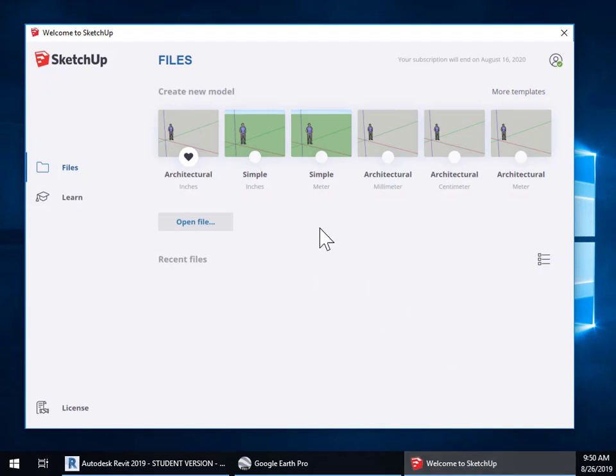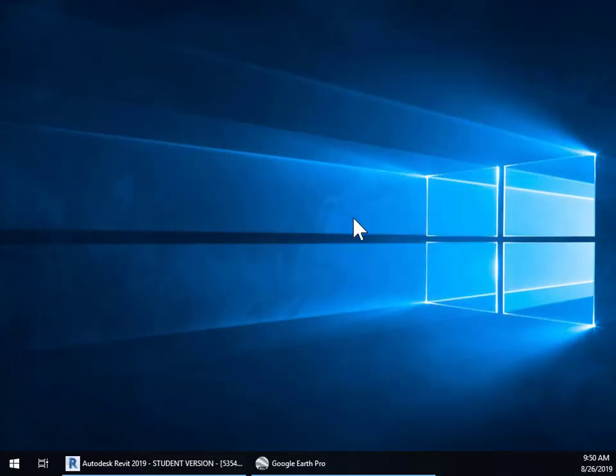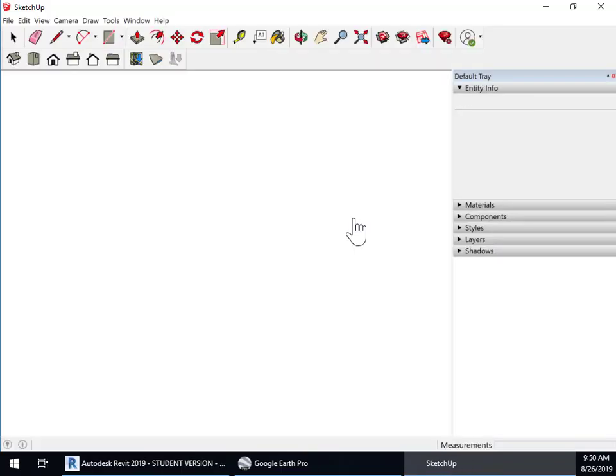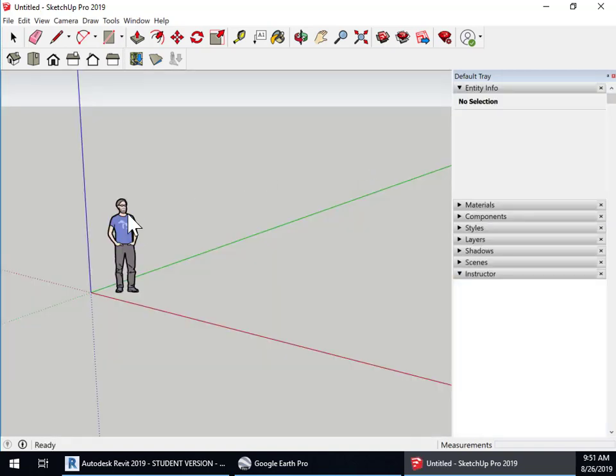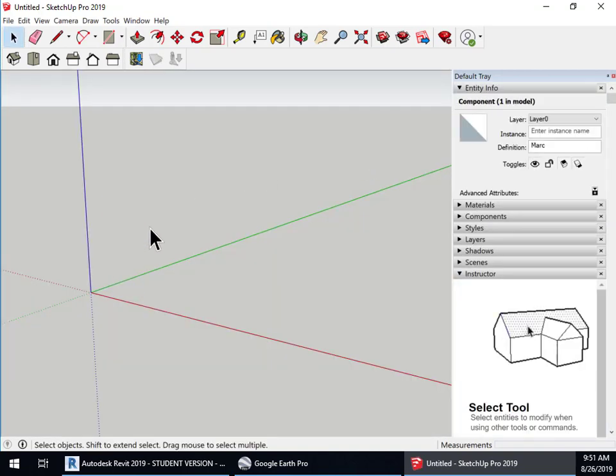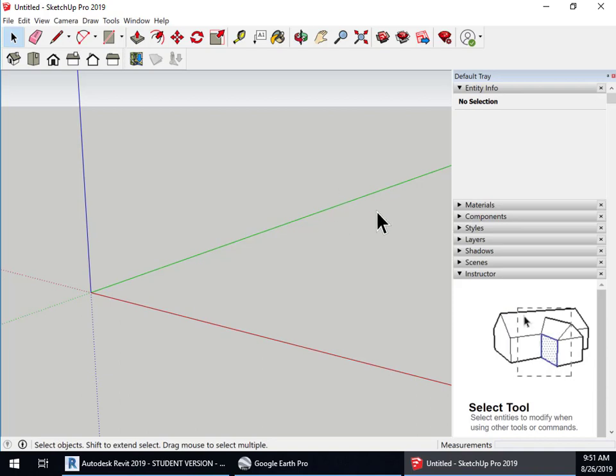I started SketchUp. This is SketchUp Pro 2019. And we're going to do an architectural. So we're going to create a new file. And the first thing we're going to do is delete the little scale figure so that we have a nice clean file. The second thing I'm going to do, you'll notice if you're using SketchUp for the first time, you